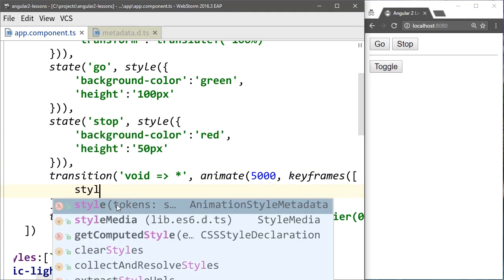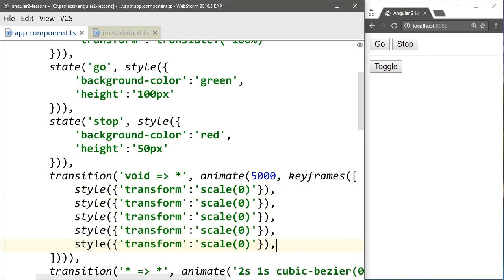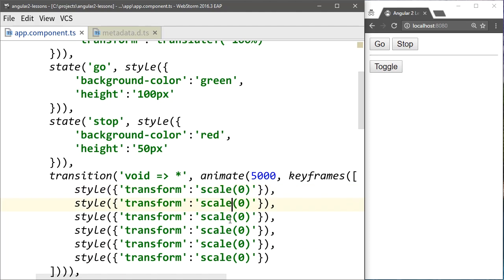These styles are just like these styles where you invoke it and pass in an object. So I'll say style, pass in an object of transform, and we'll scale this to 0, and then duplicate this a few times. So we're going to have 6 steps here, and you can think of this 5 seconds as a 0 to 5 based index, where the first step is 0 seconds, the second step is 1 second, third step is 2 seconds. So this first step at 0 seconds will be scaled to 0, the second step will be scaled to 10%, the third step will be scaled to 50%,